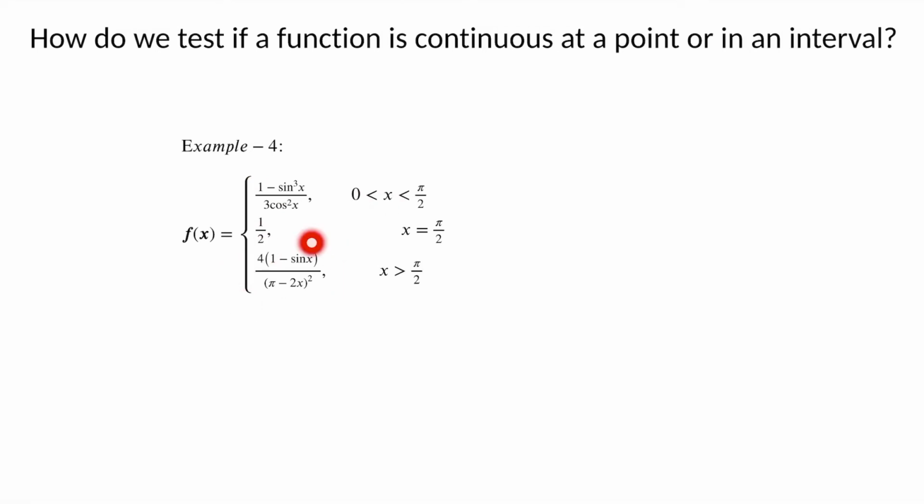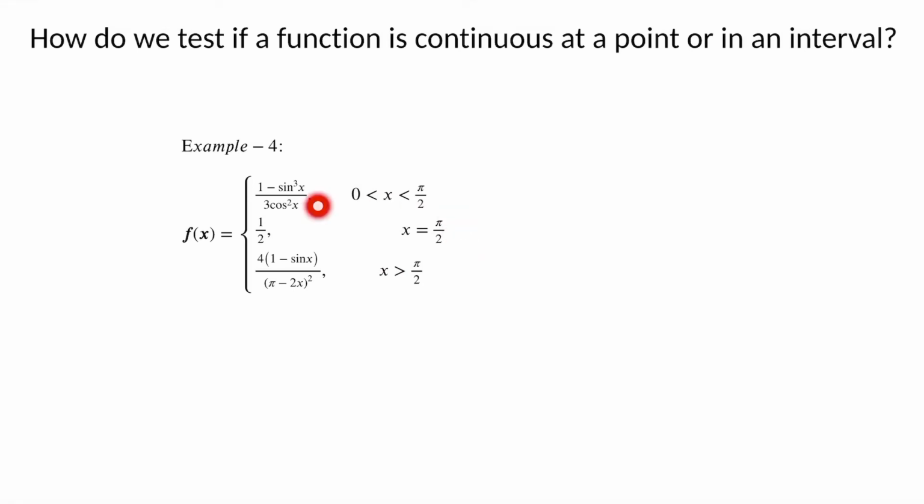If you look at this bottom expression, again the same thing applies: for values of x greater than pi by 2, not equal to pi by 2, this denominator doesn't become 0, and therefore this function would be continuous in this interval, and it would be defined. And at x equal to pi by 2, it takes a constant value, which means that it is defined and continuous just within this interval. So therefore all that you need to check is whether this function as a whole is continuous or not at the point x equal to pi by 2.